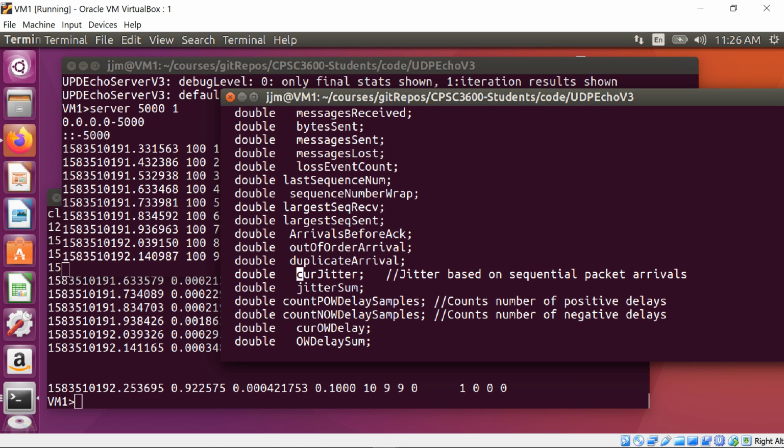So we want to measure, if the client is trying to send every 1 second, where the server side is actually going to be observing the arrival time and the time between arrivals, called the inter-arrival time. So it'll be able to compute the average inter-arrival time, which will be close to, in our example, 1 second. The jitter helps us determine